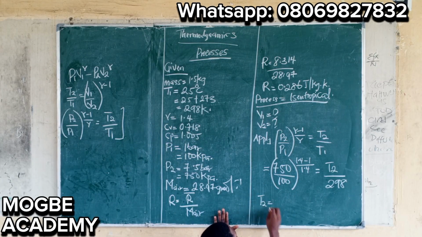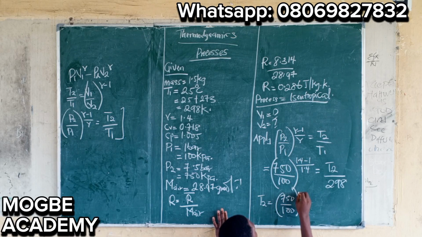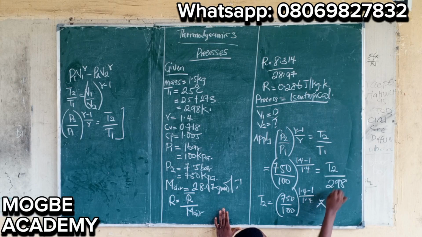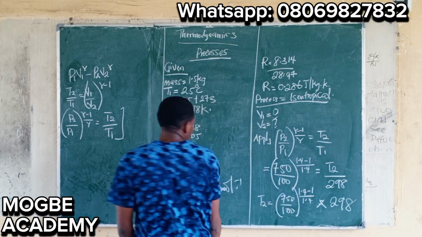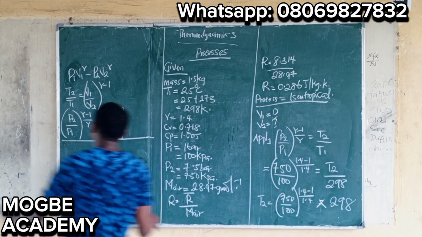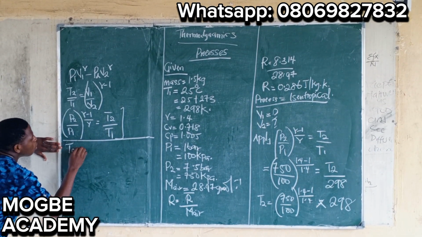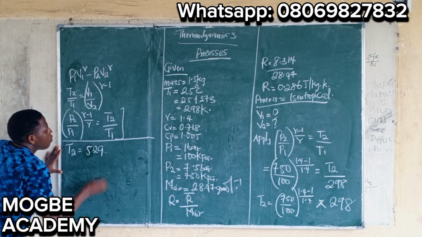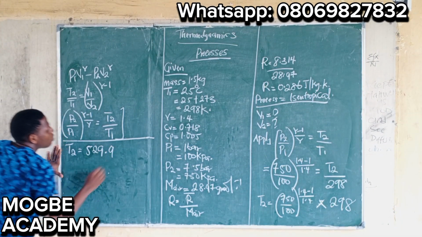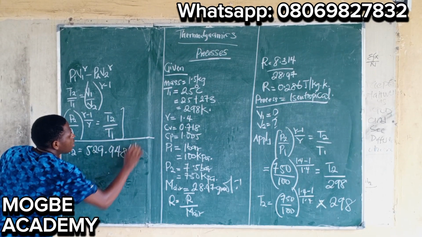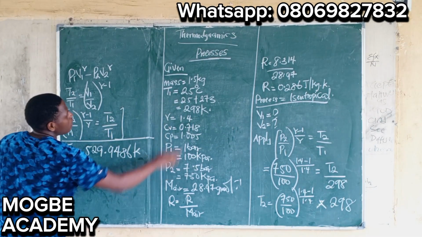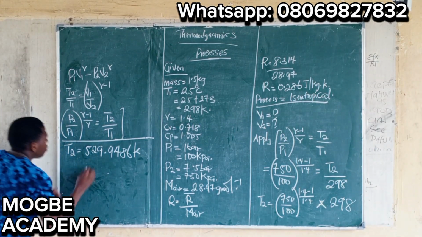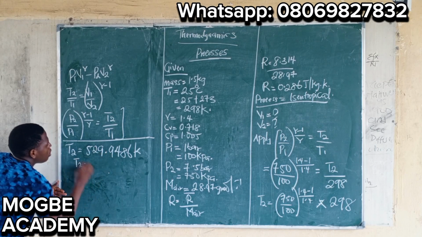So your T2 is equal to 750 divided by 100 raised to the power of 1.4 minus 1 over 1.4, multiplied by 298. You do this to get your T2. So our T2, that's the final temperature, is equal to 529.9486 Kelvin. Let's put this to a whole number. So T2 is equal to 5